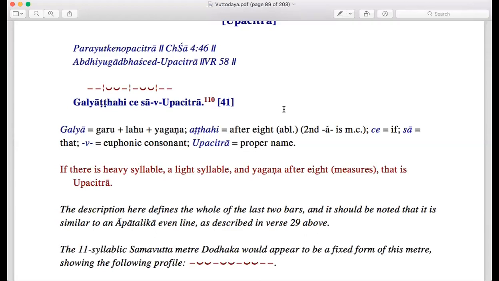He can just say that there should be a bhagana and garu after 8 syllables, but he has used it without any reason, as we cannot see any reason for using it like this. But he has mentioned that there should be garu, lahu, and then yagana. And there is another problem that he has used yagana, which usually is not used in mattavutti. So that is something we can search in some other books, whether there is a reason shown.